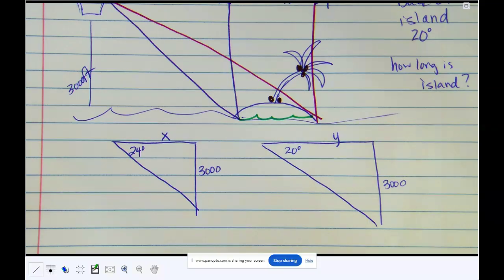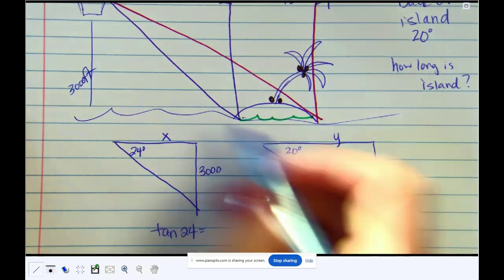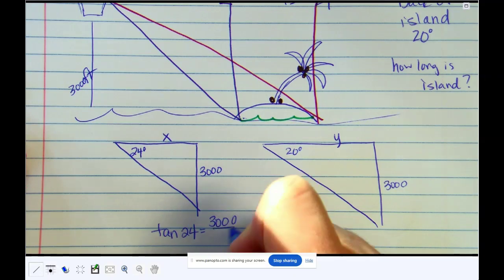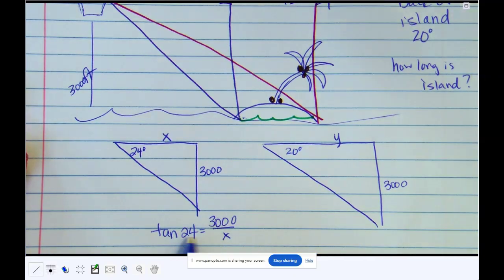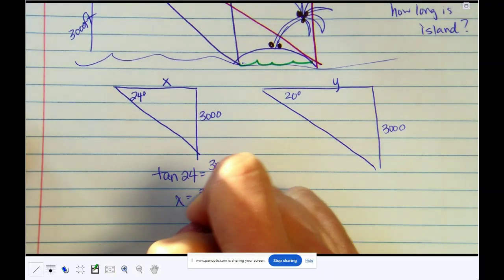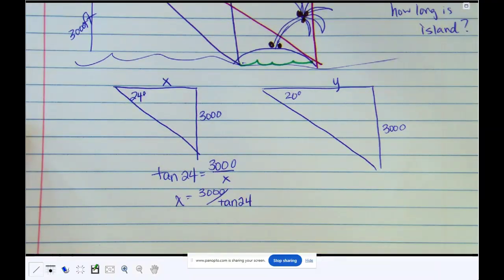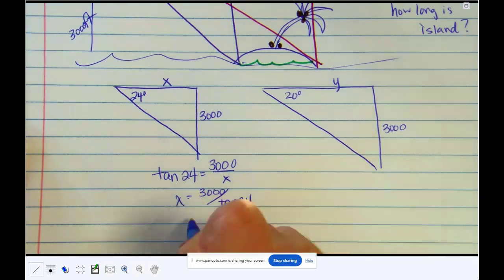So question: sine, cosine, or tangent? Tangent. So it's opposite over adjacent. What do you do with these guys here? You just plug it in the X for tangent. No, you swap them. That's what I said. Okay. So you get, this one is